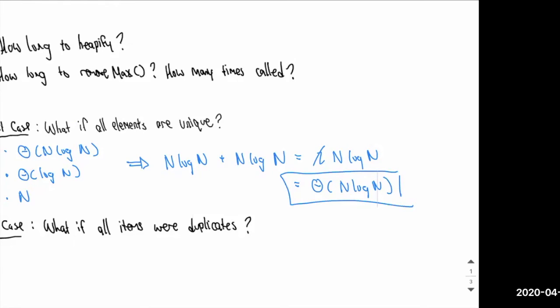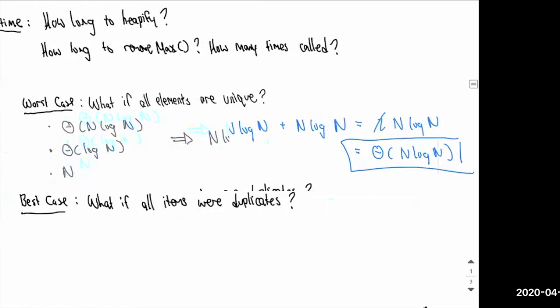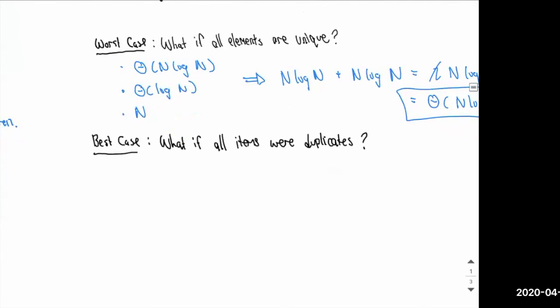Okay, so what about in the best case? Well, the best case is if all elements are the same. Like what if we had 4, 4, 4, 4? So then our heap would look something like this. So then if we think about it,